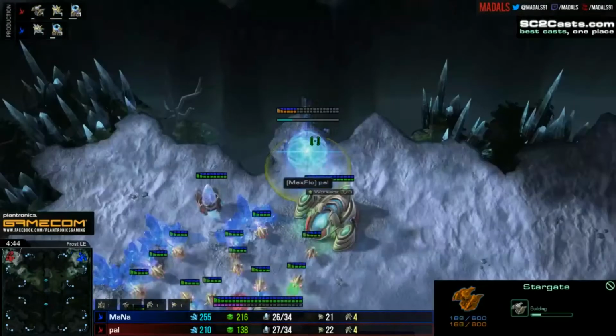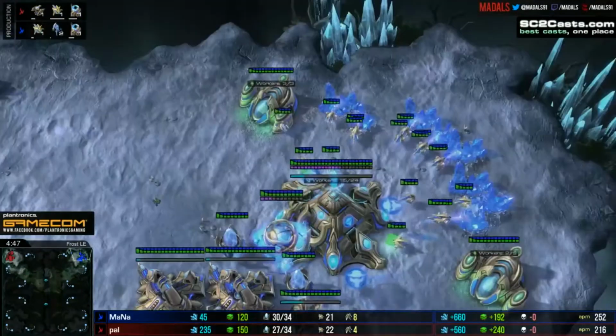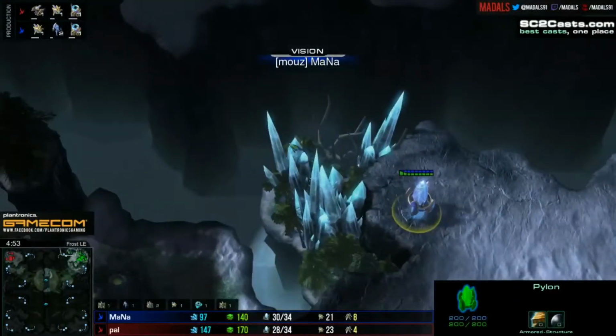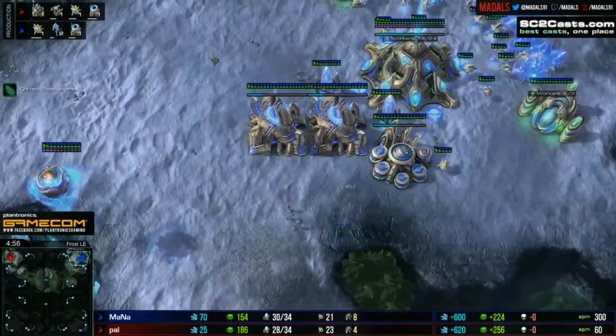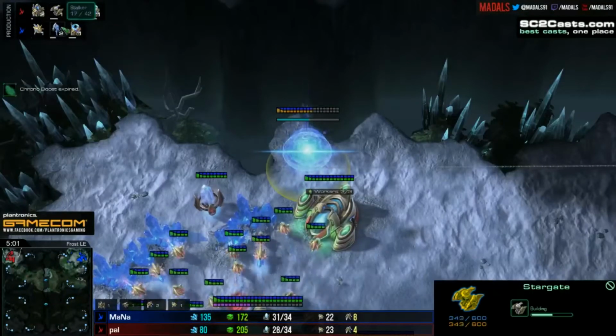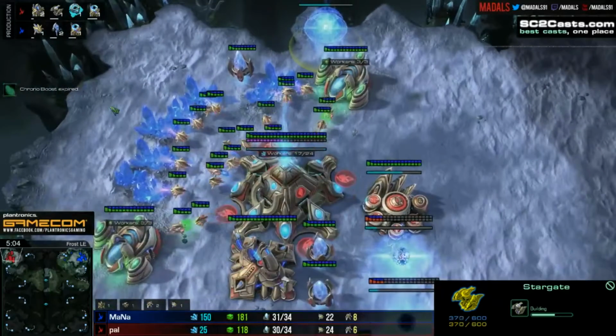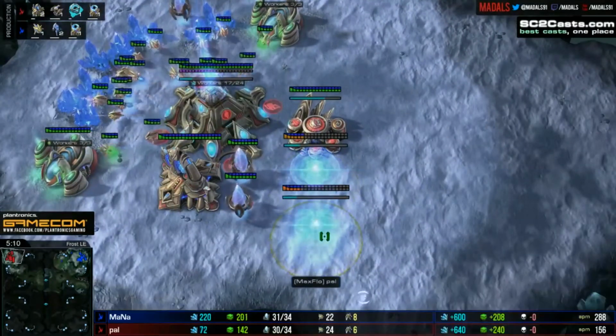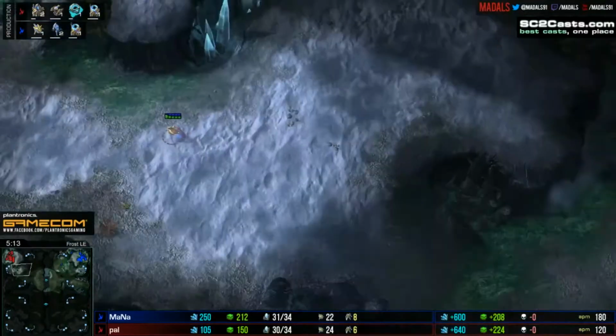So, Stargate coming down here now from Powell. As I said earlier, with this rush distance, it's quite easy to get in, but look at this pylon placement from MaNa. He's going to see anything that comes into his base, just with a little bit of an early warning system. So, the question is really going to be, what are we going to get out from this Stargate? Voidray, Phoenix, Oracle, all potential options,